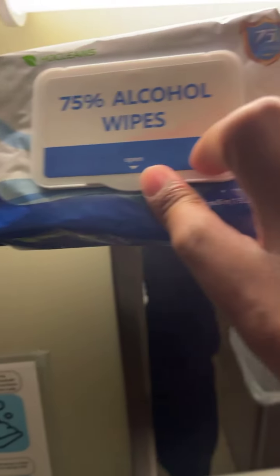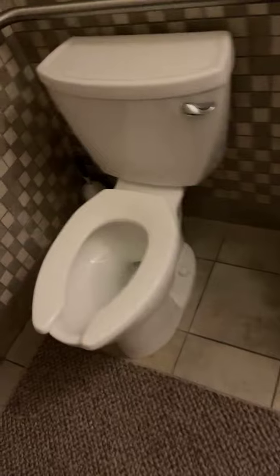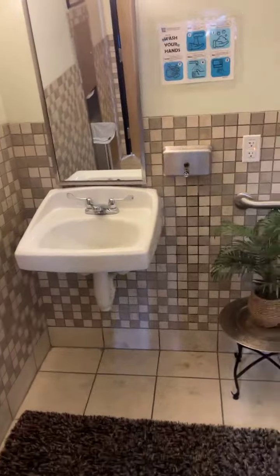What happens is that our staff members who do the cleaning come up here, get these little alcohol wipes, and wipe down where the students touch, which should be right in here, right up in here, here, and then of course when they leave. So all that happens. Some of the older students already know how to clean up. Even the females' bathroom, same thing. Why is it brighter in here? But anyway,